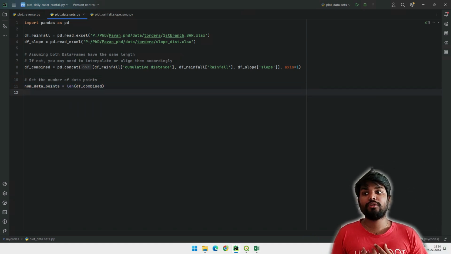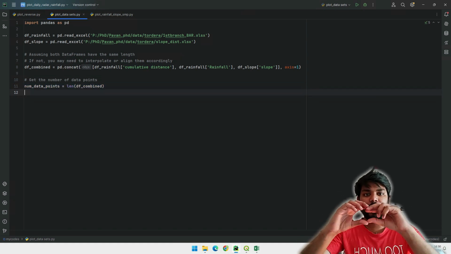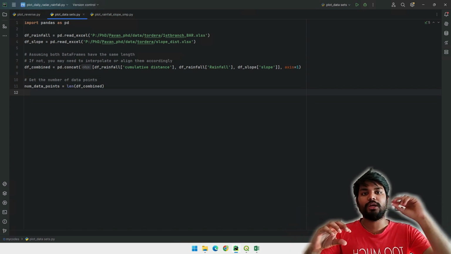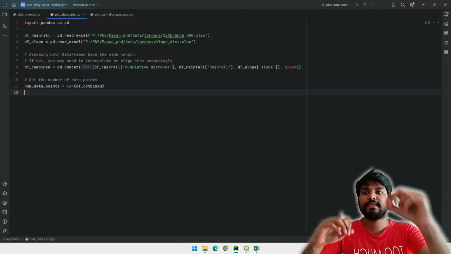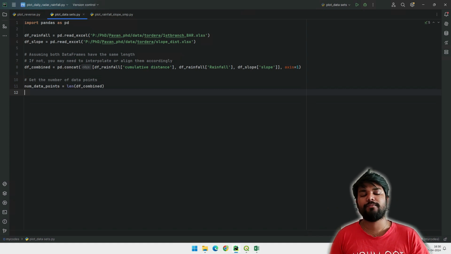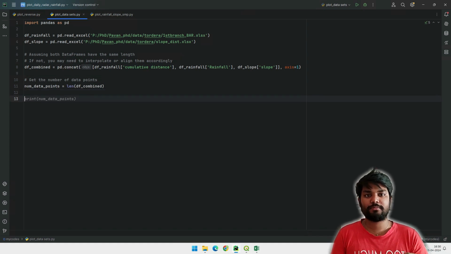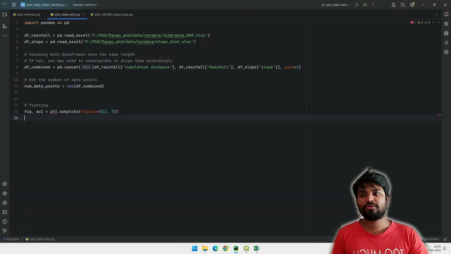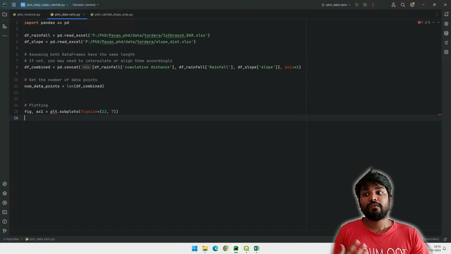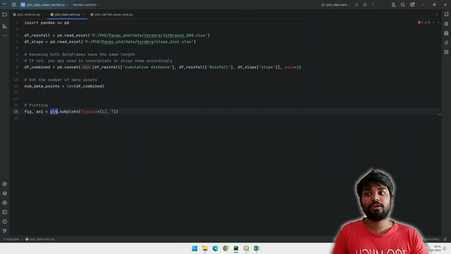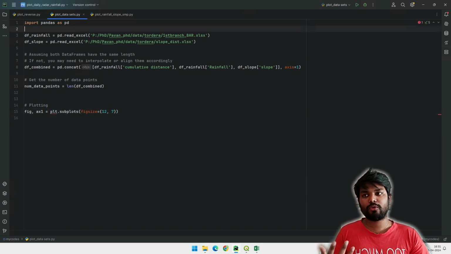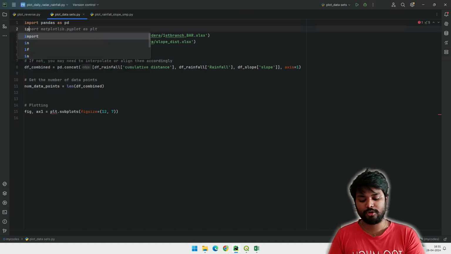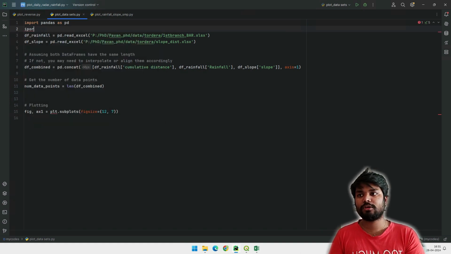Now what we need to do is start preparing our figure so that we know how we are asking the code to plot the figure. So to do that, the first step is we need to define the sizes of the figure as well as the axis details. In order to start plotting, we need to use a function called plot, but to do so we need to import matplotlib. So what we will do is import